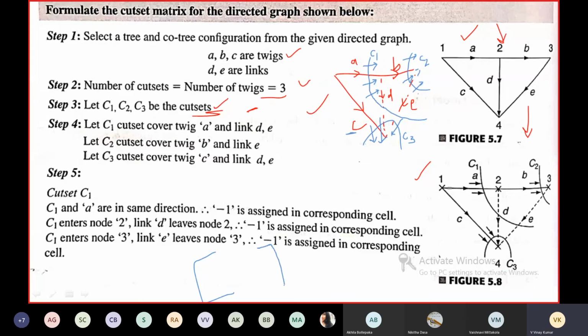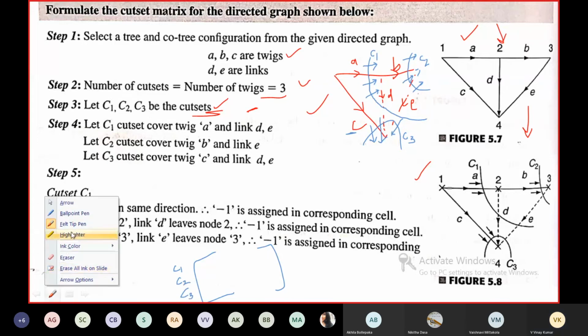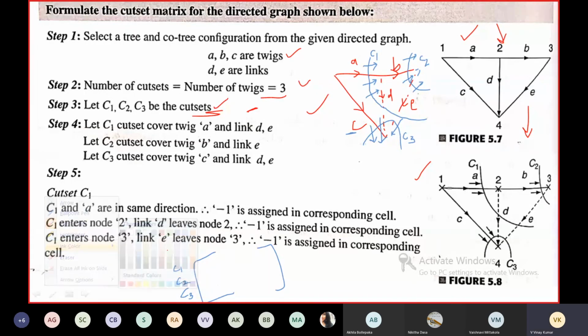How many cut sets do we have? Three: C1, C2, C3. Branches A, B, C, D, E. C1 is covering A, D, and E. The direction of A is the same as the direction of C1. Next, coming to D, the direction of D is not the same as the